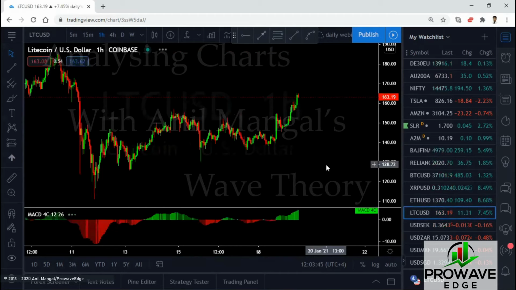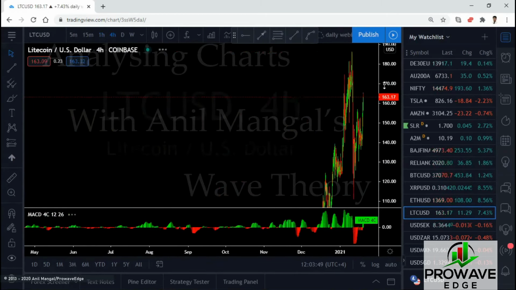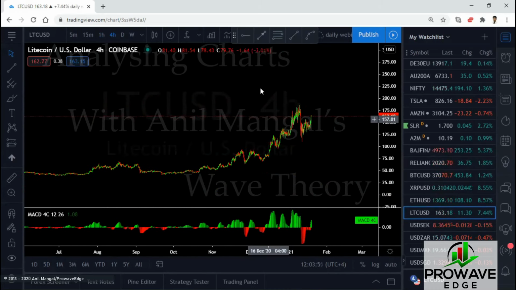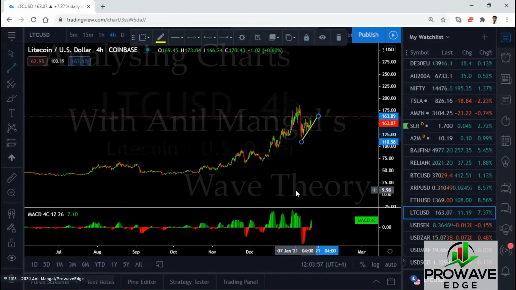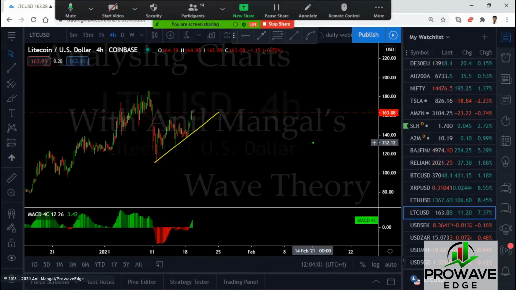Let's see what LTC does. Go to the 4 hour. And this one is definitely showing you downside, because we've got a sharp impulse here. We don't have anything to match the sharp impulse. Can it be that it's a big expanding flat? Again, we have the same structure of the possibility of this smaller pattern. I don't think it's this one.